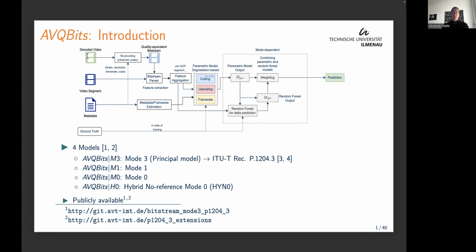So what it does is basically, sorry, I have a bitstream parser. This is the hybrid model. Sorry about this. So this is the main branch. You have a video segment and a bitstream parser. You aggregate the features. You do this for the coding impact, the possible upscaling impact, and frame rate impact. Then based on this, you have a first instance of the model, right? And in addition, you have a random forest predictor, which